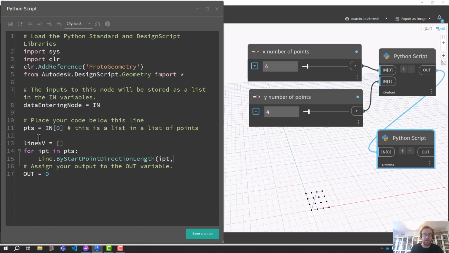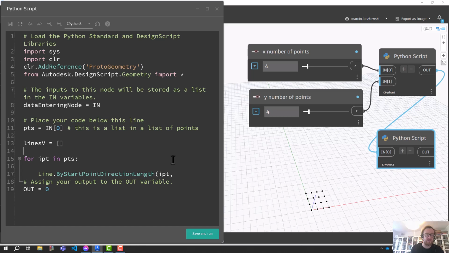Okay, IPT, comma, then the starting point and the direction, length. The direction length is probably the vector, so I need to create a vector. Maybe let's do it before. Since there will be just one vector for all of the points, I will create it in front right now. Vector